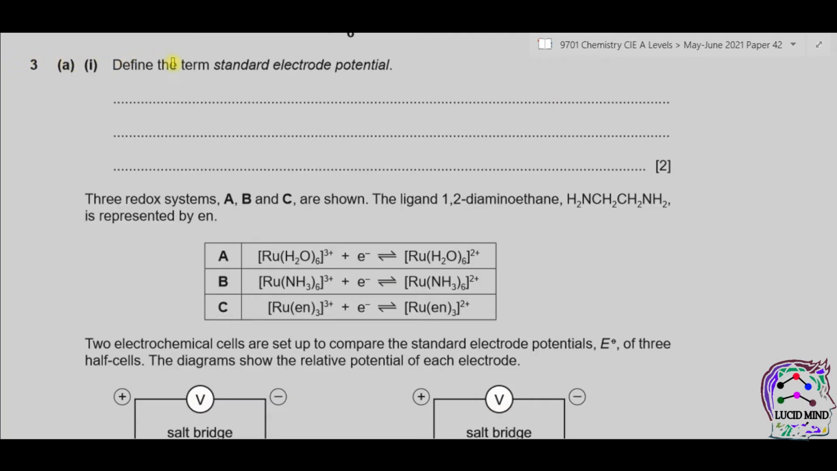Question 3a part 1, define the term standard electrode potential. Now standard electrode potential is the potential of one cell compared to the standard hydrogen electrode, and the concentration should be standard, 1 mole per decimeter cube, pressure should be 1 atmosphere, and temperature should be 298 Kelvin. So we can write the answer. It is the voltage of an electrode compared to standard hydrogen electrode